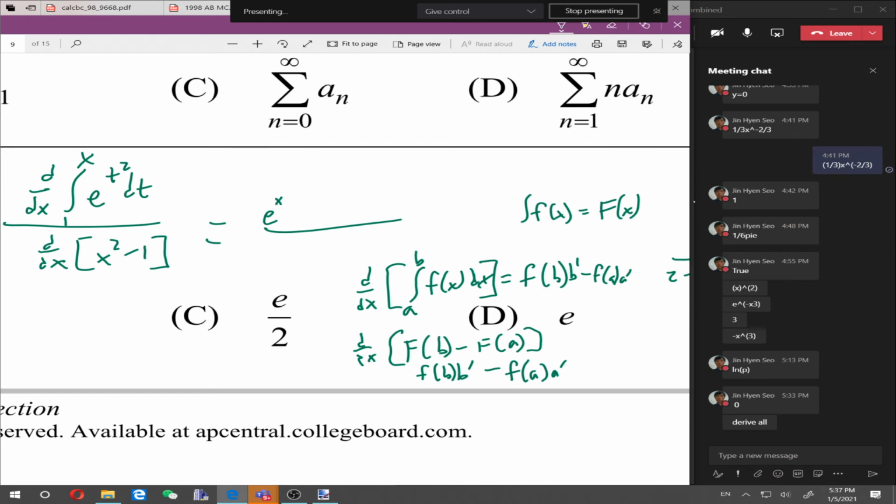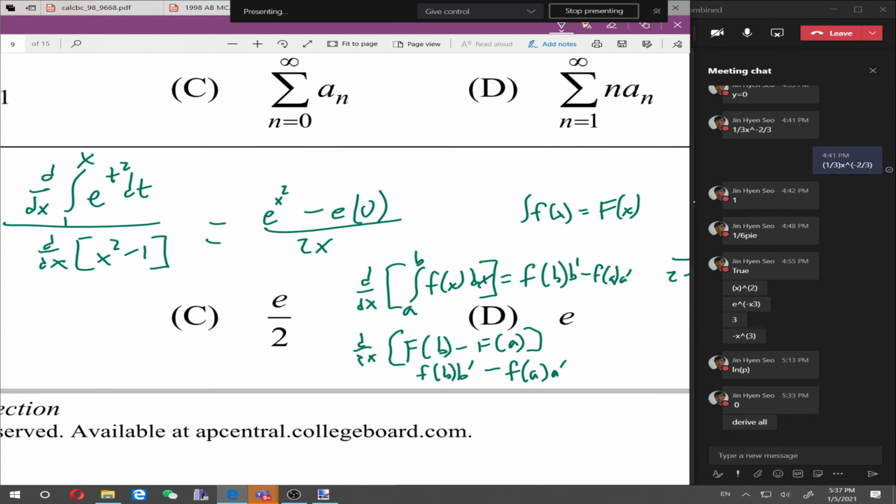So e to the power of x squared, times the derivative of x, which is 1. Good. Minus f of a, so e to the power of 1, which is just e, times 0. Perfect. And on the bottom, if you derive x squared minus 1,